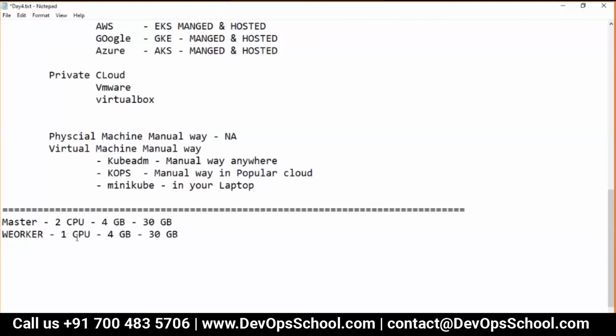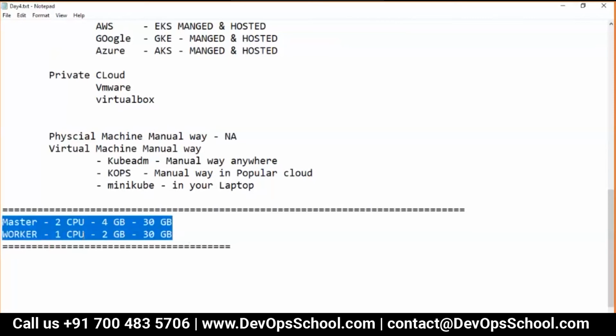Each one of you has the required infrastructure already in place. And I will require one worker, again with 1 CPU and 2 GB RAM. This is the place where the pod will be created.